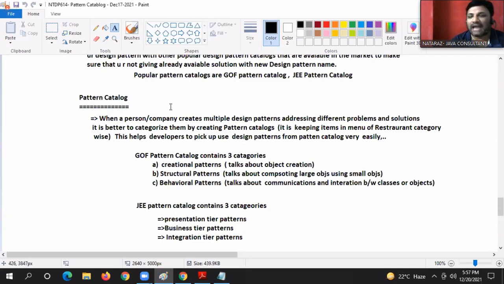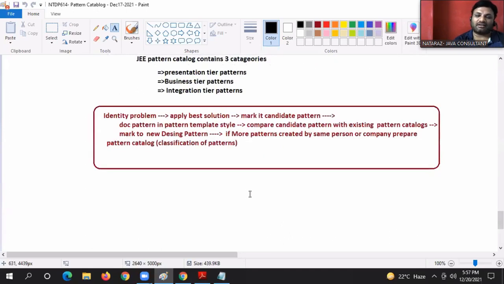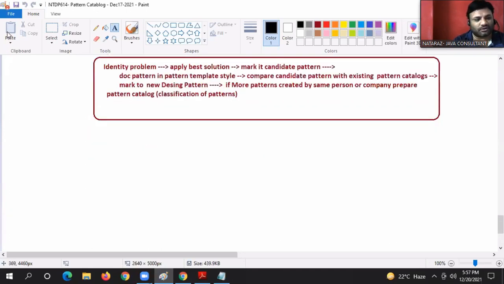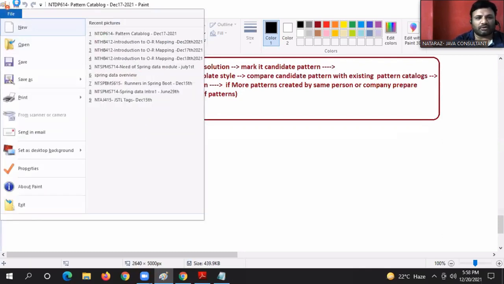Okay, guys. As of now, two popular pattern catalogs are there. Number one, the Gang of Four pattern catalog. Number two, the JEE pattern catalog. Shall we get into today's discussion, boss? Right, boss. Okay, now let me talk about